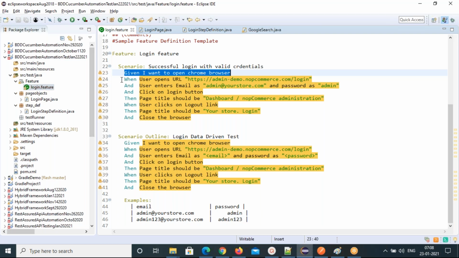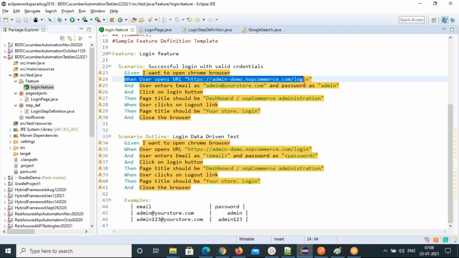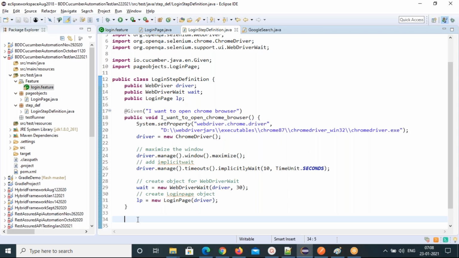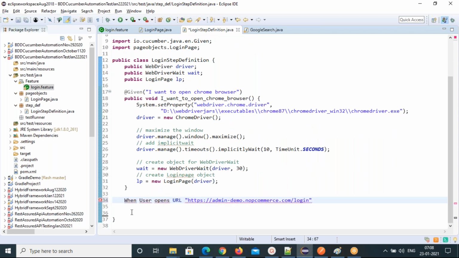So take this, but that URL you don't take. I'll give you, but copy first. Copy this entire thing. I'll tell you what you need to do. That string we need to put in a separate annotation. Again another annotation.